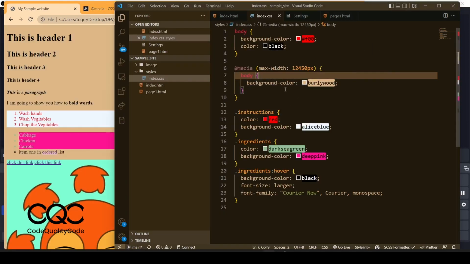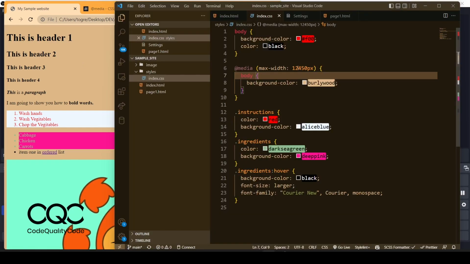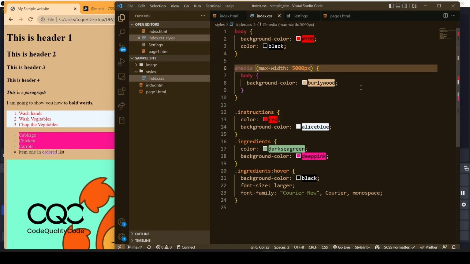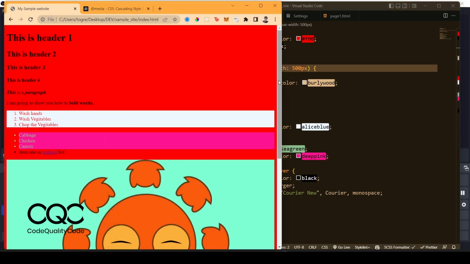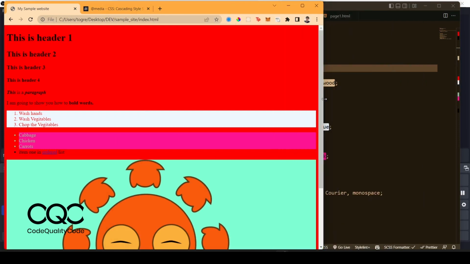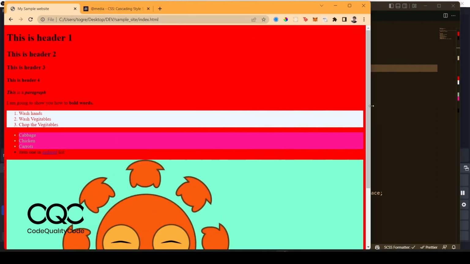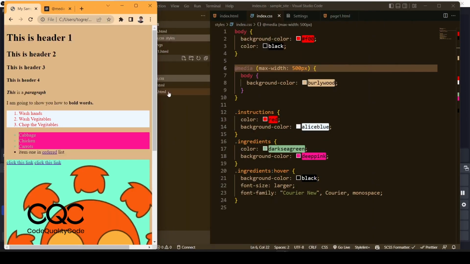Now, as you can see, this is the max width, right? It's 1245 pixels, which may be a little too big. Let's go ahead and change it to something like 500 pixels. Okay. So as you can see, when we get to the maximum pixels of 500, this changes the color to burlywood,